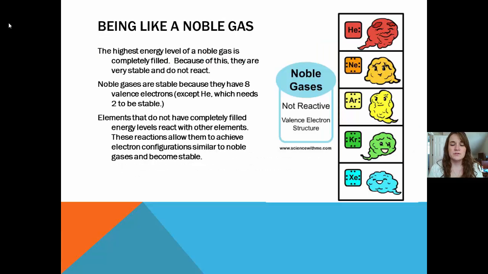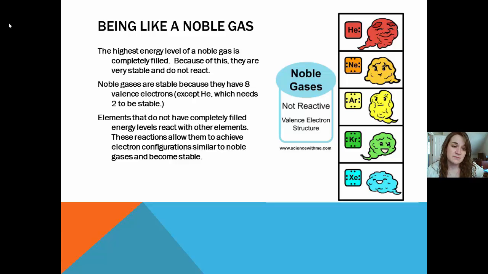Okay. So we know that noble gases are very stable compounds. They do not react with others. They're in the far right group all the way down, group 8A. That tells us that they have 8 valence electrons, which is why the number 8 is so important. The only exception we should know is helium. Helium has 2, and that is how many it needs to be stable, because it fills that first ring.